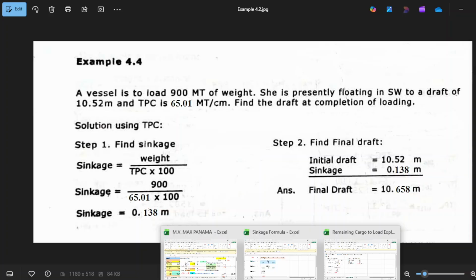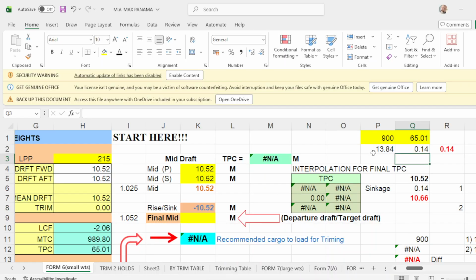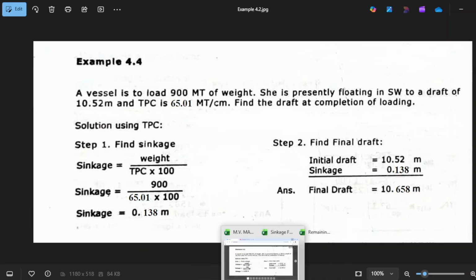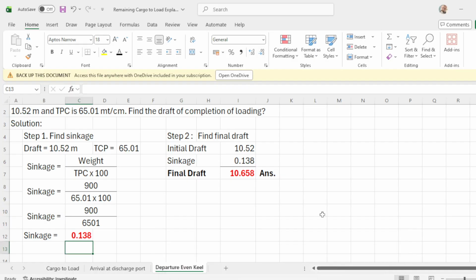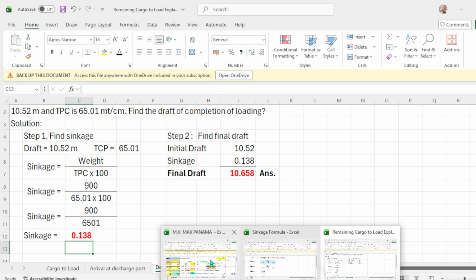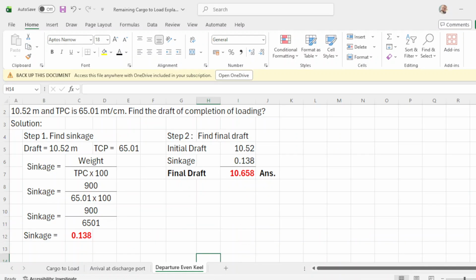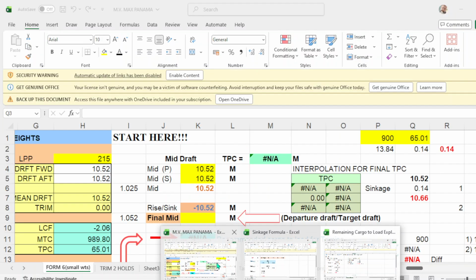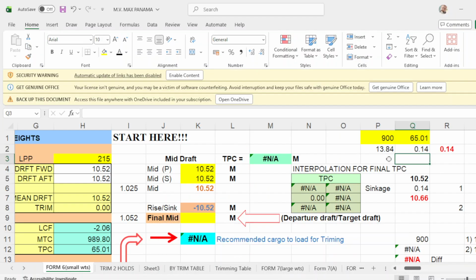What I did was weight of 900, you divide it by your TPC. When you divide by TPC, you will have this figure of 13.84.